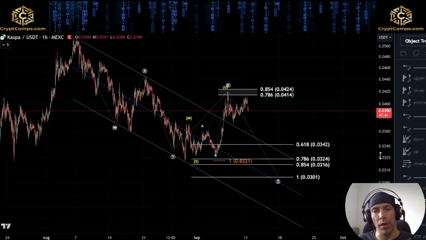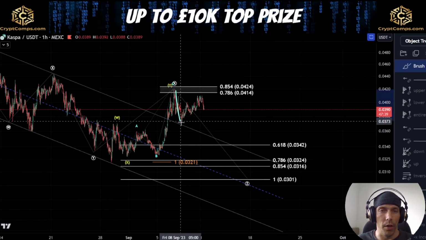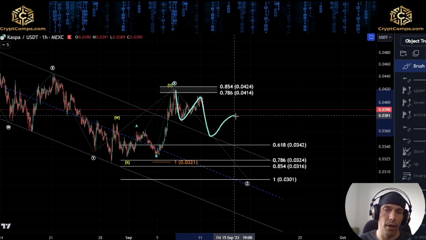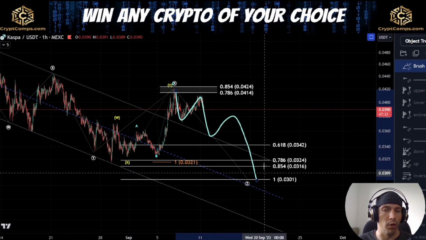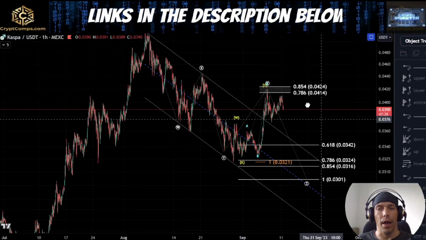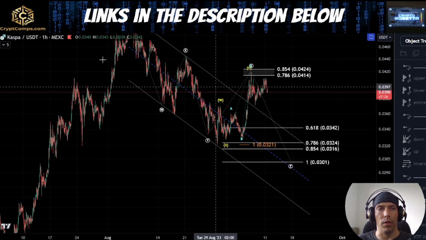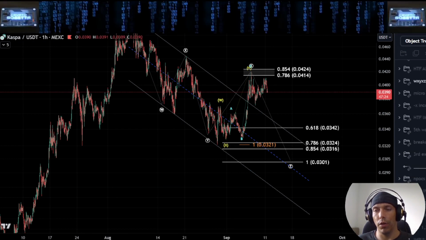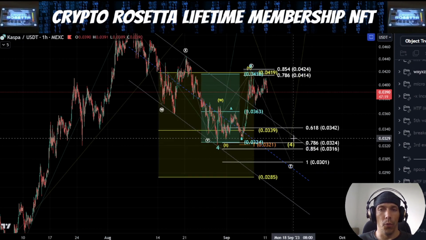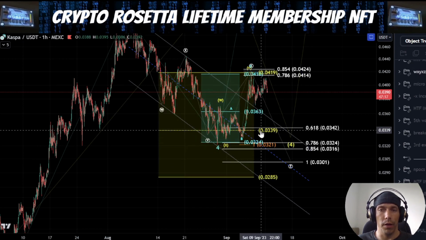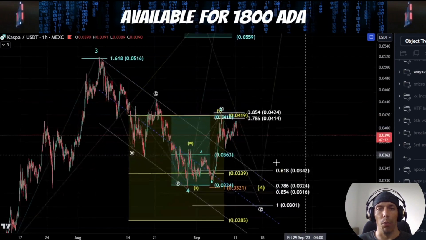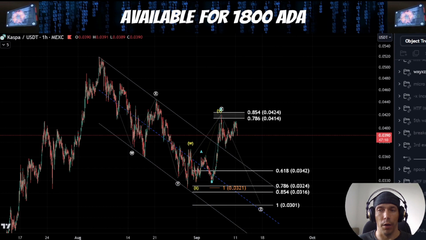The alternative would be that we see something like this, where we see a three-wave move to the downside, finding support temporarily, getting a bounce, and then seeing that continuation to the downside afterwards. So this is our bearish idea here. And this would actually be saying that effectively this move is incomplete, and we could be looking for that deeper wave 4 area here of this 0.285 to this 0.339 area, looking to retest this zone once more before looking for that push to the upside.